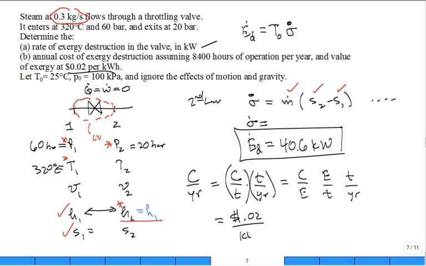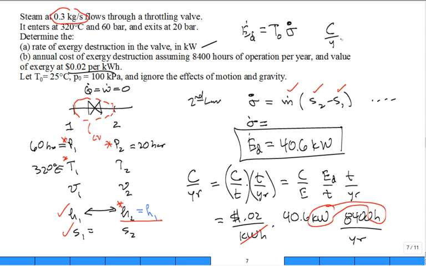$0.02 per kilowatt hour. So what is the energy per unit time, or exergy destruction, I should say, per unit time? That's the 40.6 kilowatts. And then how many hours per year? That's the time per year. It's 8,400 hours per year. You see the kilowatt hours come together? They cancel with this one, and you get dollars per year, and the cost per year ends up to be